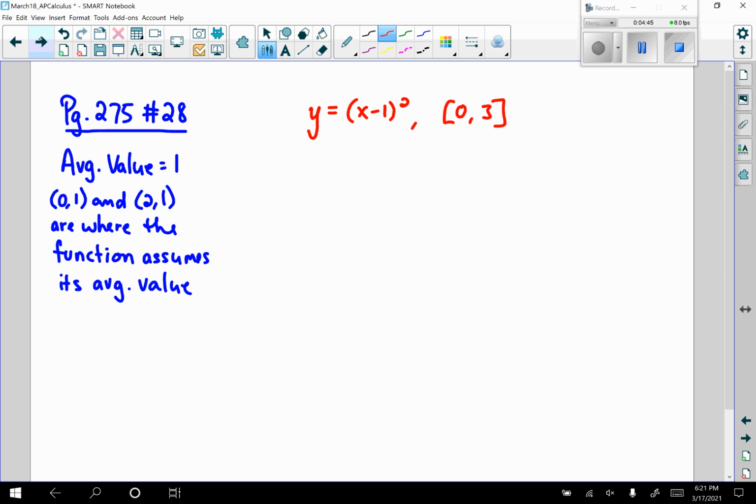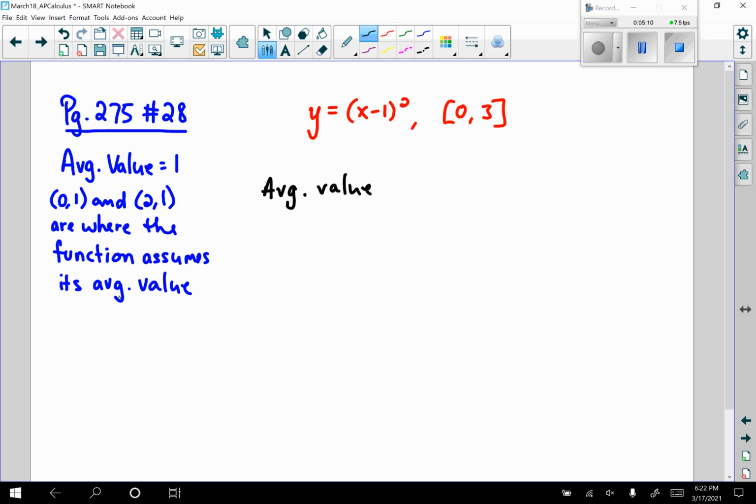Here we're asked to find the average y value of the function on the interval that's given, so we're from 0 to 3, and at what point or points in the interval does the function assume its average value. So let's remember the formula. We'll say the average value, I have the answer here, it should turn out to be 1